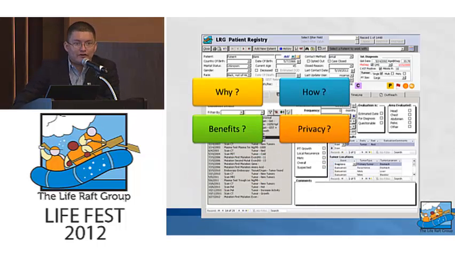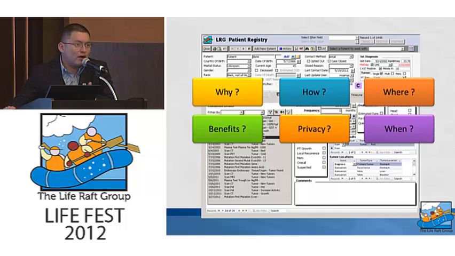Okay, a few questions about the patient registry. Why join? Because you could use this as a tool for your own personal record keeping. Those are some of the benefits. At any given moment that you need to go to a new institution, you can request from us something that we